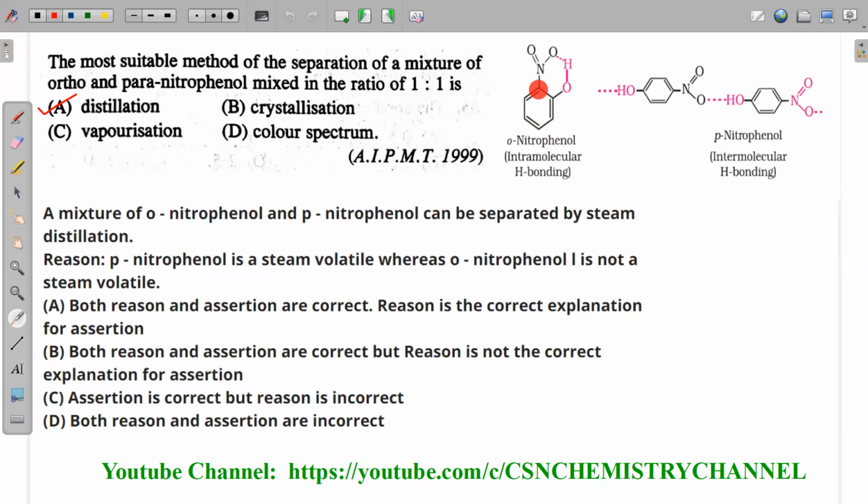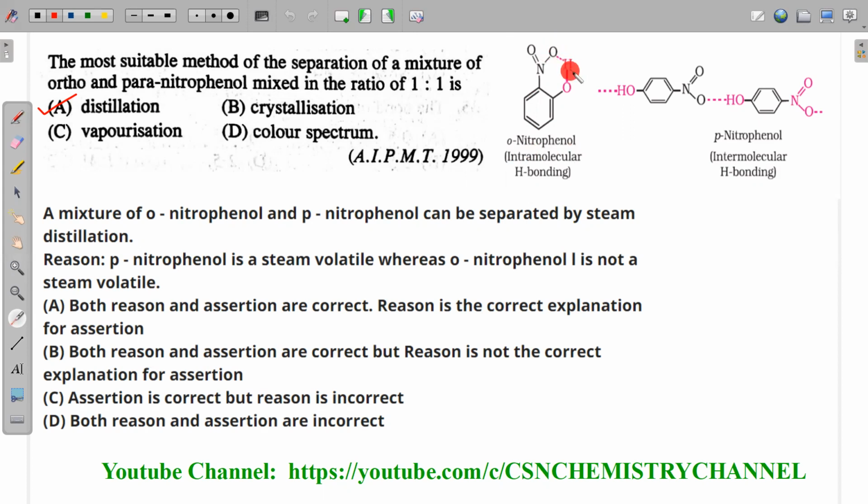Don't consider this position as the first position, because the OH functional group is here. So that's why this position is taken as the first position. With respect to the first position, the second position of a mono-substituted benzene is called the ortho position. So that's why this compound is called ortho-nitrophenol. What is meant by phenol? Benzene ring having single bond OH is called phenol. The name of the compound is ortho, that is small o hyphen, indicating ortho-nitrophenol.